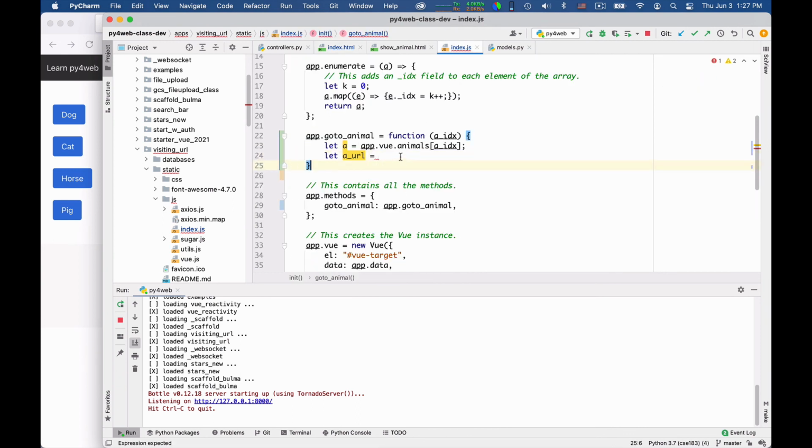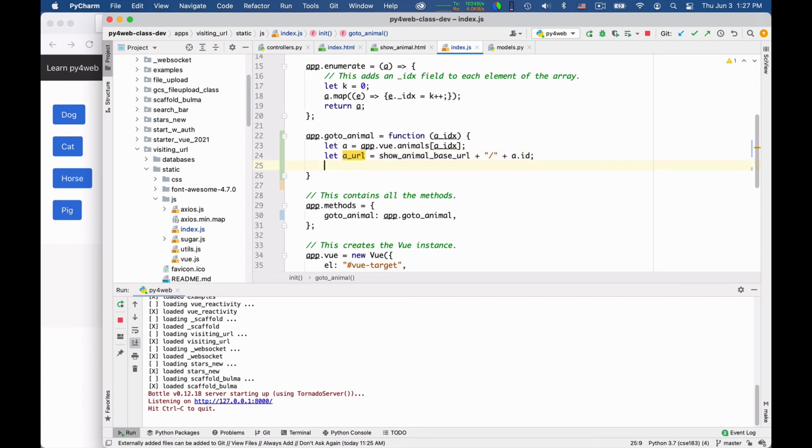So I take this and I concatenate to it a slash, and I concatenate to it the animal ID, which will be converted to string. And I trust that this is fine because there will be no funny characters in a numeric ID. And once I have this, I can again create an element and click on it.